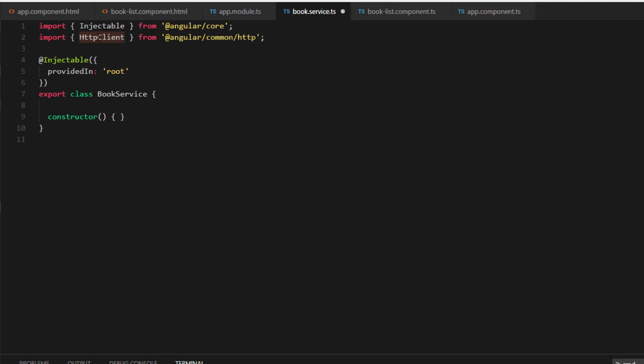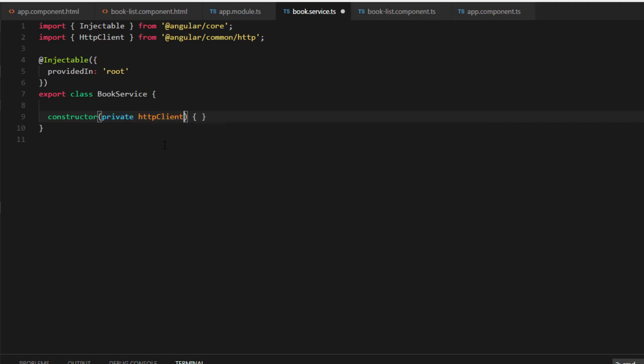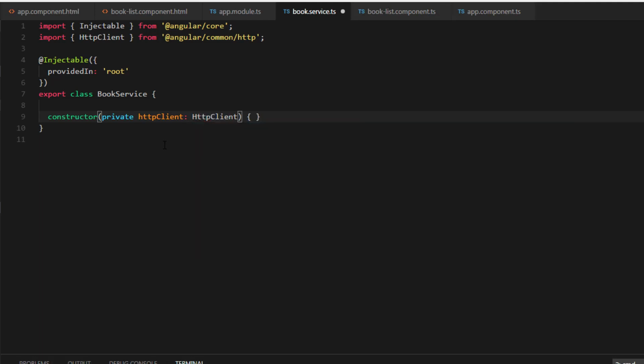So now let's inject the HttpClient into the book service. So within our constructor, create a private field. Private, I'm going to call this httpClient, which is of type HttpClient. So now we have injected the HttpClient. So we can make HTTP calls using the HttpClient.